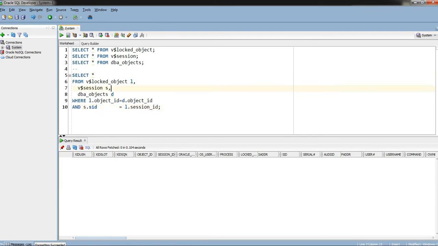So these are the joining conditions, and I want to see which object is locked.